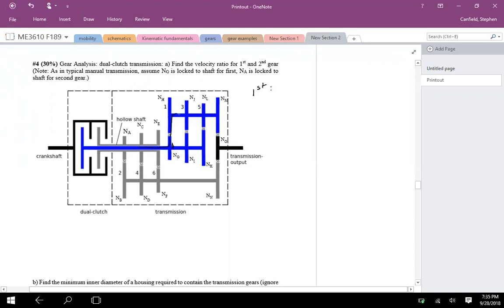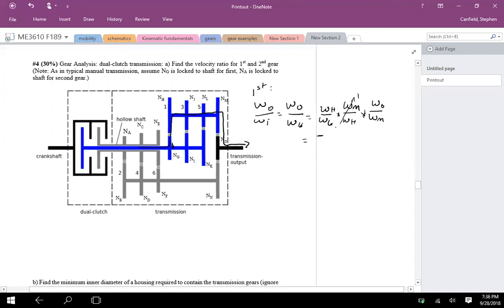NG driving NH, and then NM driving NO. So we would have the output relative to the input, the output would be omega O, over the input would be omega G. We'd have omega G drives omega H, drives omega M, those are compound. Omega M drives omega O. This ratio, and then we apply the